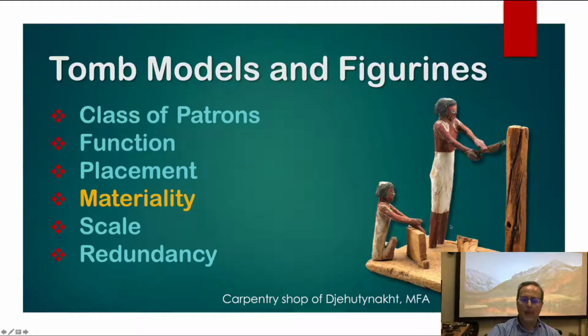Now, paint colors are also crucial here, in that the figures that are painted kind of red here in Egypt signify people who work outside. So this signifies a lower class, a working class. The figures with lighter pigment, as we saw in the models from Meket Rey's tomb who were in the granary, the scribes, had much lighter or yellowish skin because they were higher class; they got to work inside.